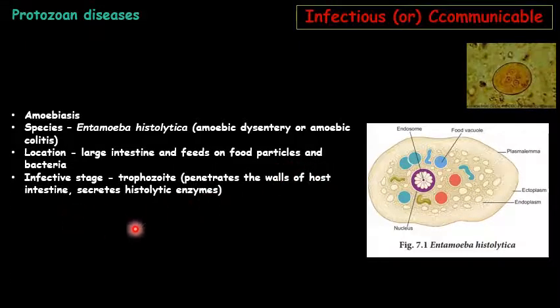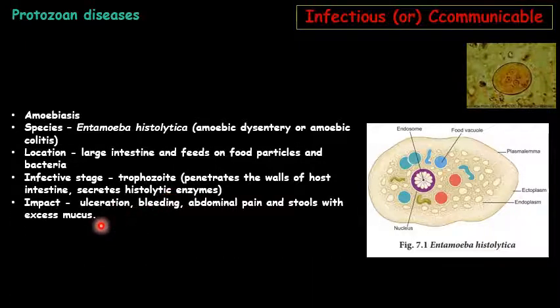As soon as it enters the host organism, it develops into trophozoites and then penetrates the walls of the host intestine and secretes histolytic enzyme, which can cause ulcer, bleeding, abdominal pain, and